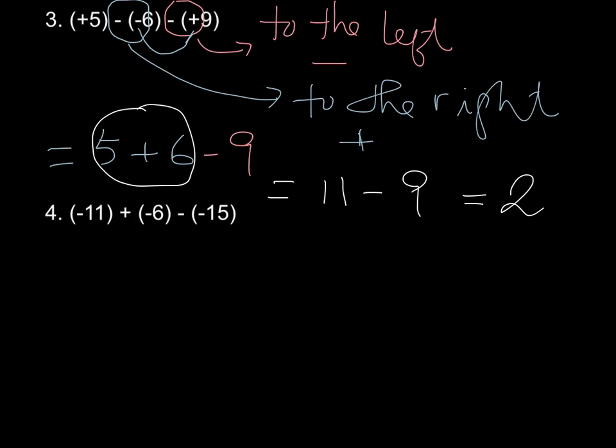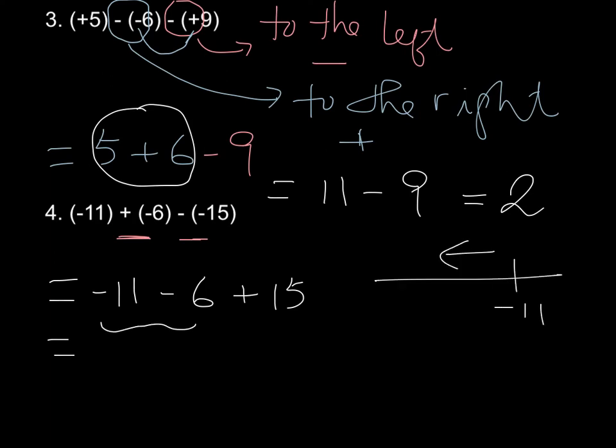Now try the next one. We have plus a negative number and then minus a negative number. First of all we remove the brackets: -11, and this one becomes minus 6, and then minus a negative number becomes plus 15. Do this part first. You start at -11, go to the left by 6 units, therefore you arrive at -17, and then plus 15,